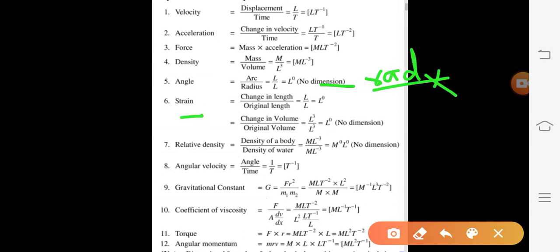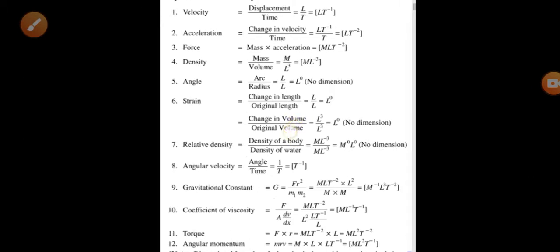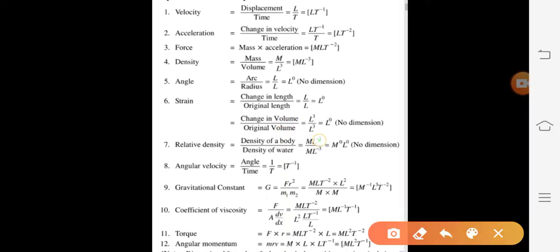Similarly, strain has no unit as well as no dimension, because it is change in length upon original length, that is a strain. Relative density also has no dimension because it relates the density of two objects. On the numerator is a density, and in the denominator a density, that's why it has no dimensions. And angular velocity means angle upon time. Angle has no dimension, that is 1 upon time T, so T minus 1 is the